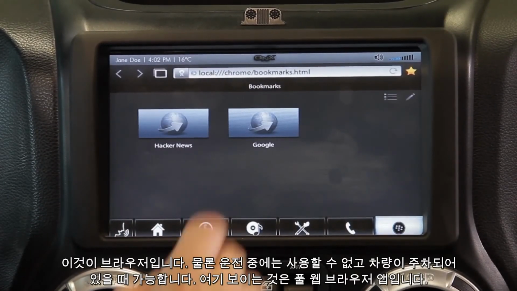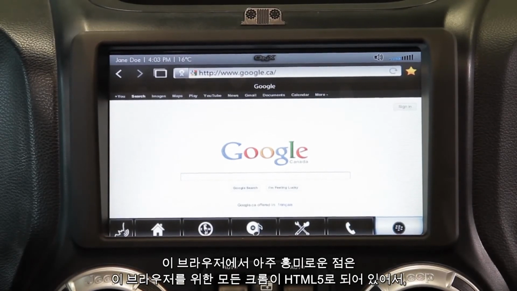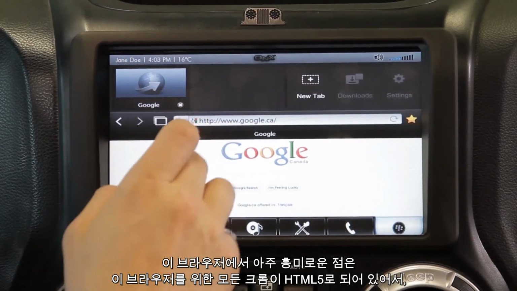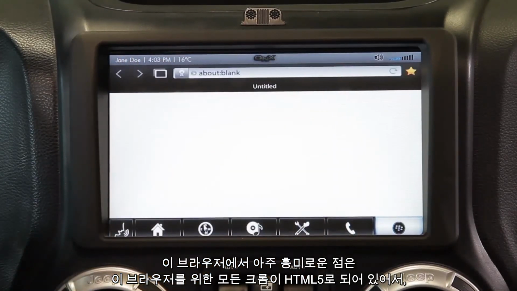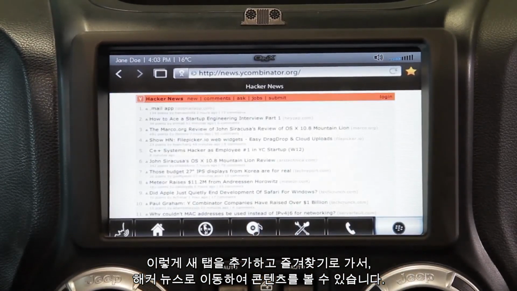So this is a browser. Of course, this is not for when you're driving, but when the car is parked. But here is a full web browser application. And the really interesting thing about this is that the full Chrome for the browser is actually all done in HTML5. So here we're adding in a new tab, going to our favorites, go to Hacker News, and take a